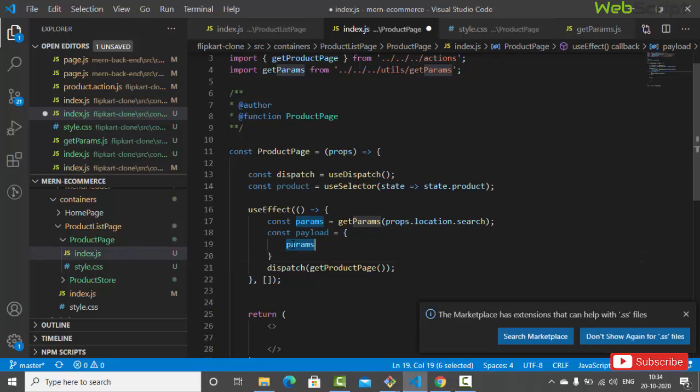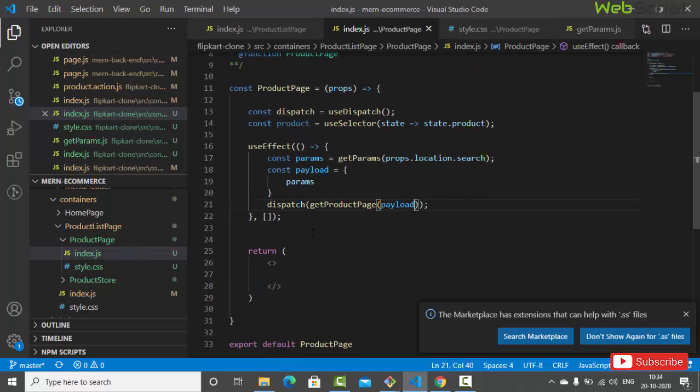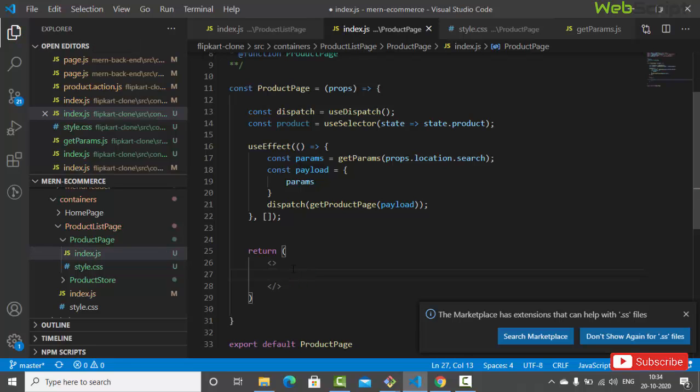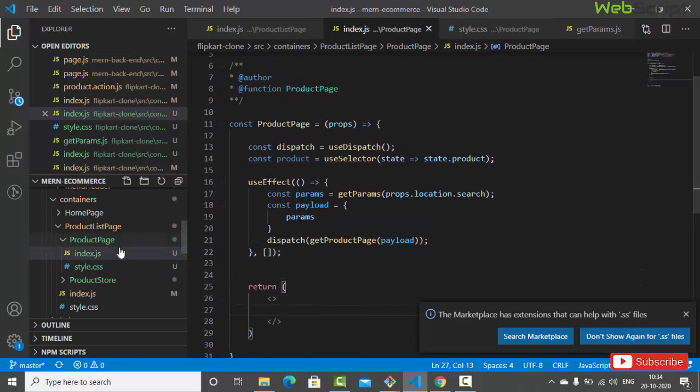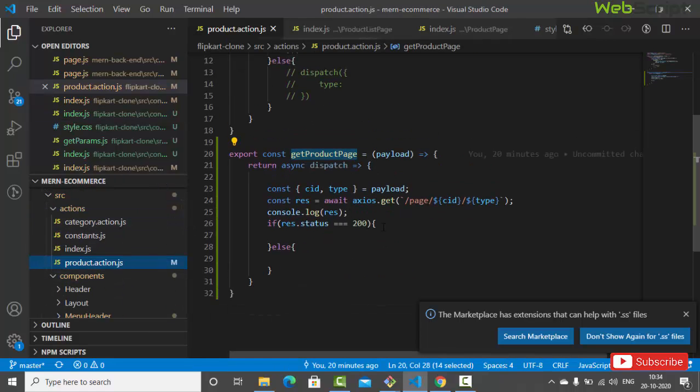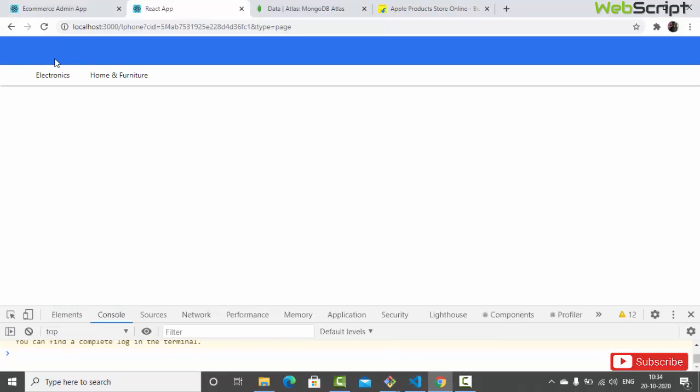So we have got our params, and that is as it is. We already have the property over here, CID and type, so we can simply pass it. We don't need to modify it. Okay, payload, and just now we'll do something just to see the immediate output, JSON. Oh no, let's save this, and let's go to our actions, product.actions, and here we have console.log. So we'll see this action console. Okay, so let's go, and we'll reload page,